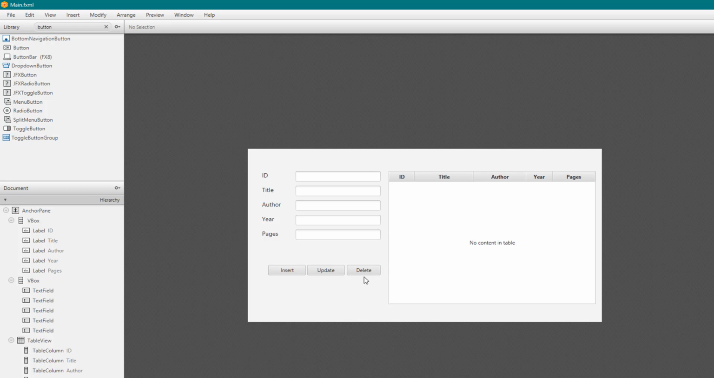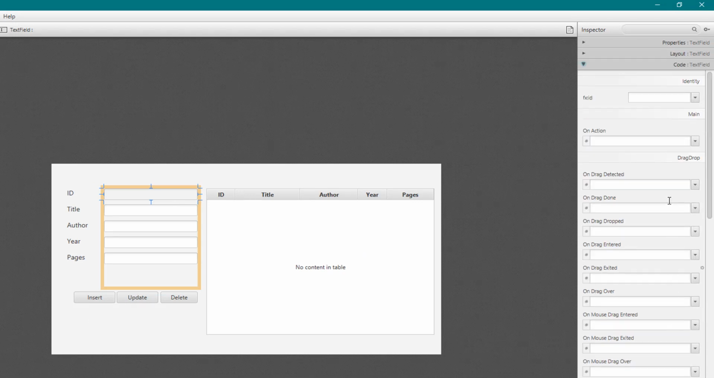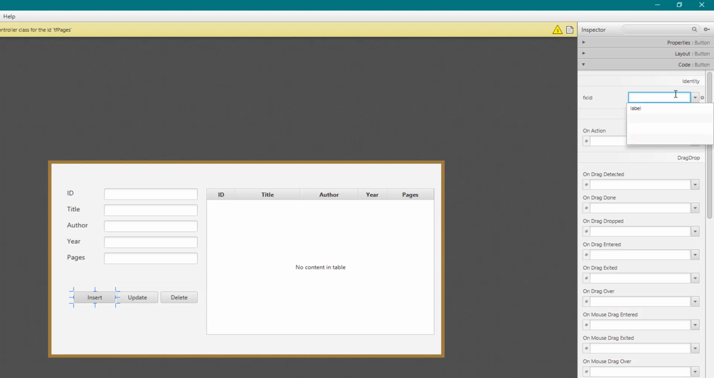So I think it's about time for us to add IDs or FX IDs for our elements, so that we could reference these from our controller file. So the first one will be the ID text field. What I'm doing is I'm just using the initials of the element. So for example, text field, so it's going to be TF, and then the actual column that we want to save, so ID, and then I'm going to select the second one, TF, and then title, and then TF, and then author, TF, and then year, and of course another one for our pages. And also for our buttons, so btn, and then insert, btn update,